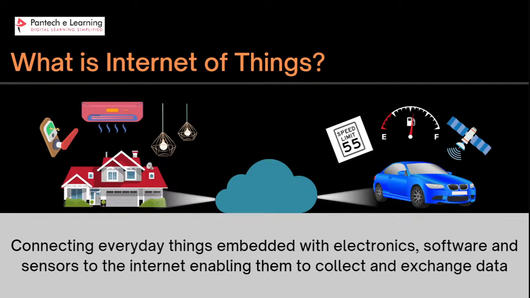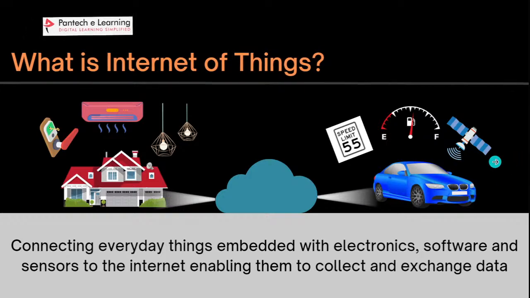Let's say I have an internet platform where I can collect these things. If I take the example of my house, I can connect my lock, my AC, and my light, and all this can be managed on the same platform. If I have a platform, I can also connect my car to this. I can keep track of my speed limit, my fuel meter, and also the location of the car. If there is a collective platform where all these are connected, wouldn't it be great, right?